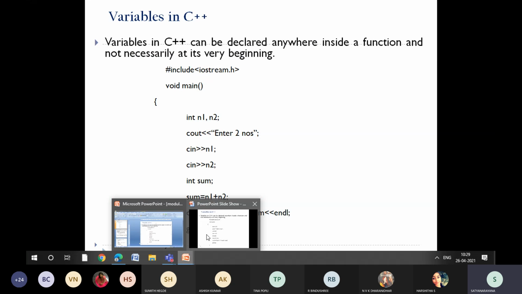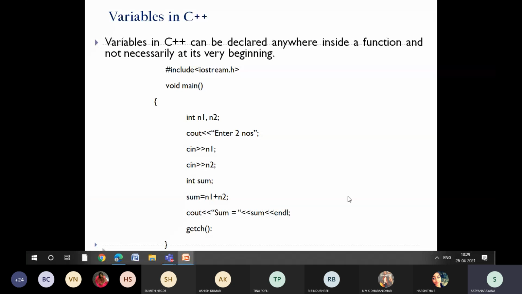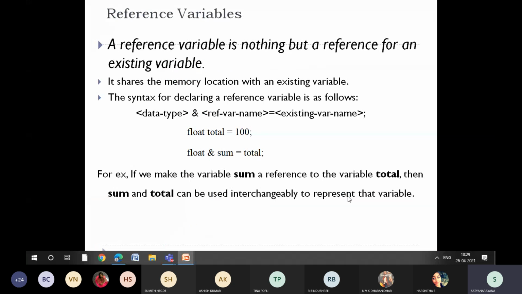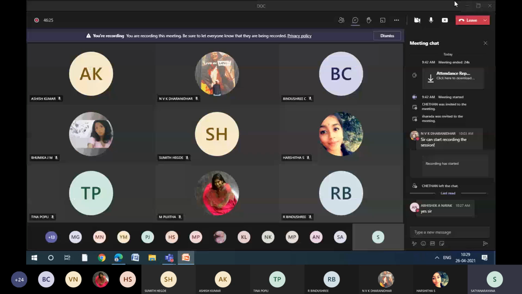And here I want so much of interaction. Already you know about this: reference variables. If it is there, you will answer immediately. So what is a reference variable? You studied it in your C program, right? What is a reference variable?